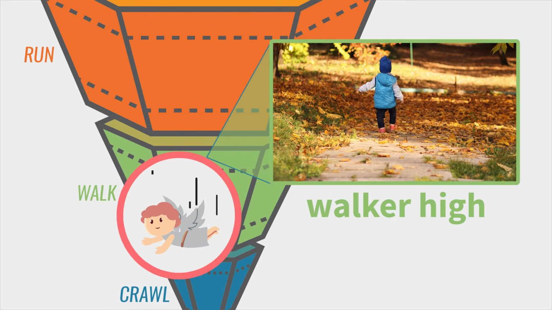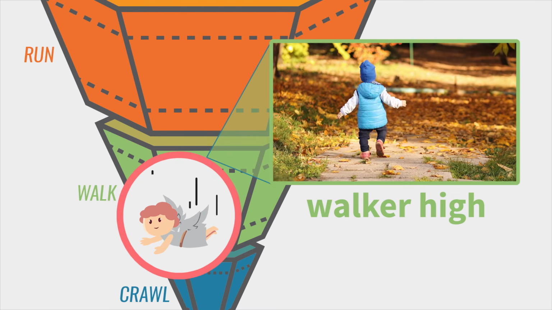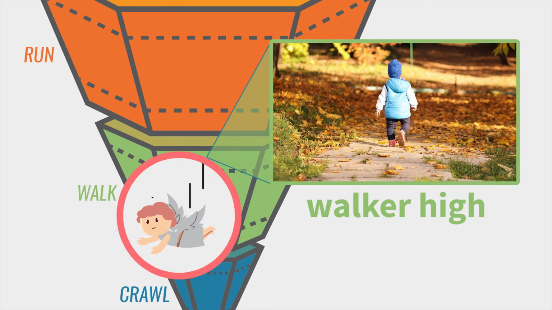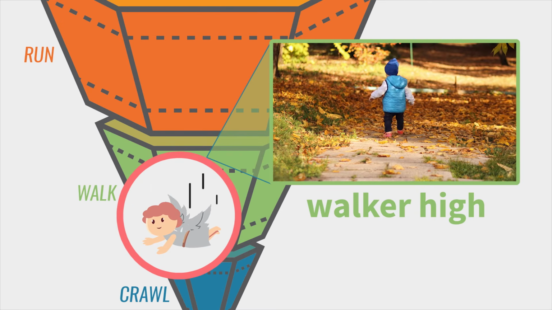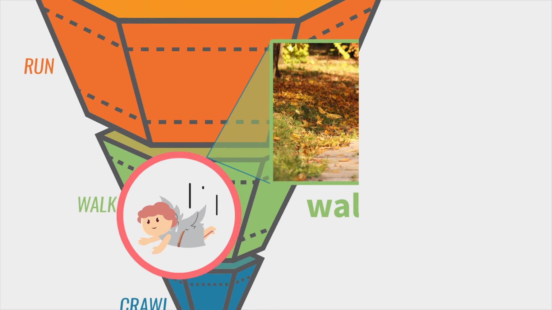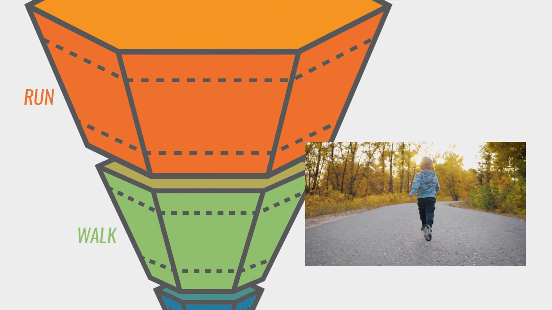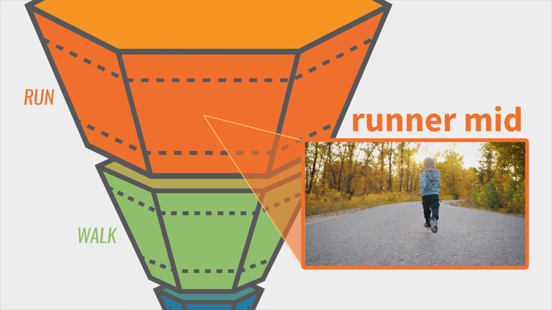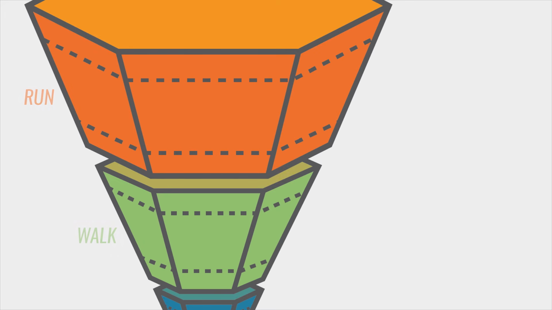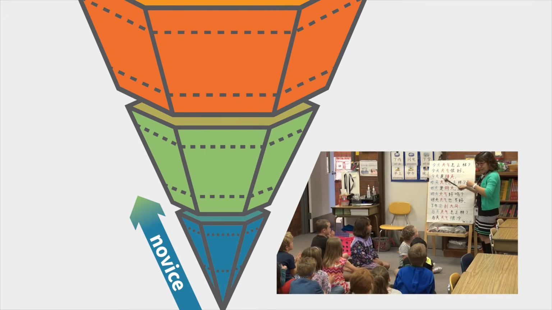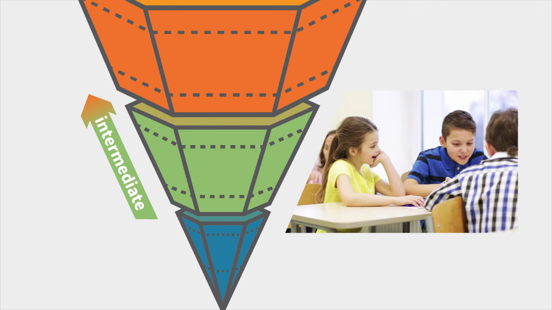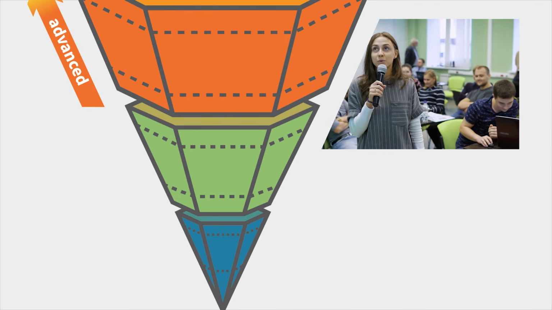Remember the fallen angel analogy? The child tries the next level, but is not quite ready to do it consistently and reverts back to what he or she can do. When the child can at last run consistently, we would say they are runner mid. In this same sense, children learn a new language and progress through stages with what they can do with the language.